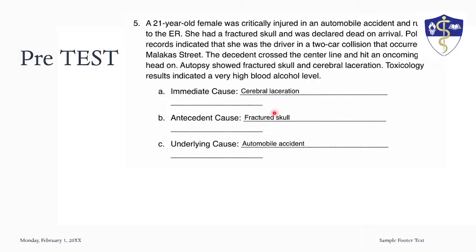And then, ano yun? Antecedent cause will be the, I keep forgetting that one. You have an example, di ba? Oh my God. Yeah. Blunt. And hindi naka-identify if it is ano, yun, open or closed. So if it is closed, it can be blunt trauma, blunt head trauma. Blunt head trauma, tapos yung kwento. Okay, so that's how you answer the pretest.